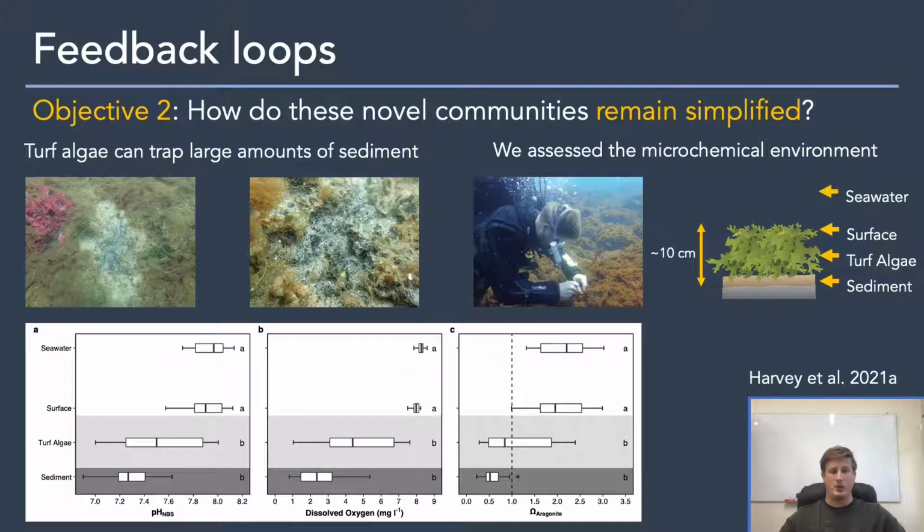So with the pH, we saw that there were very large declines into the sediment, and particularly these are greater than we would expect by the end of the century for open seawater. And with the dissolved oxygen, we actually saw that it was approaching hypoxic conditions. For the aragonite saturation state, it was below this dashed line, which is to indicate it's below 1. So this means that any aragonite calcium carbonate will actually exhibit passive dissolution. Now overall, what this means is that anything looking to recruit into this environment is going to be very adversely affected.